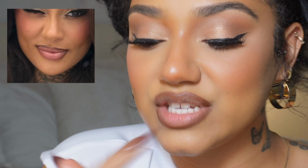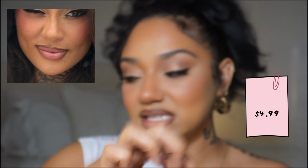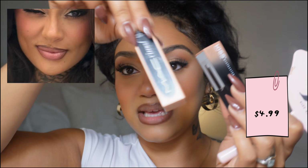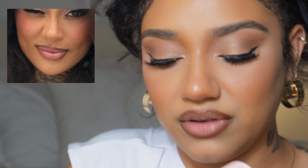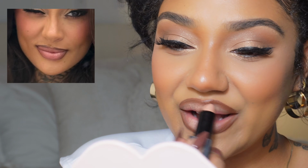And I know she says that she uses clear adjacent. Her lip color itself just might be lighter than mine, so I can really mimic the look. I am gonna take this Kiss lipstick. This is a great dupe, honestly, to the MAC Cream de Nude. This is my favorite MAC lipstick ever. This is in the color Ivory Oat. I don't know if I've worn this on this channel yet, but I'm gonna put a little of this just slightly right there because I feel like this is perfect. This is so pretty. I'm gonna just kind of tap it